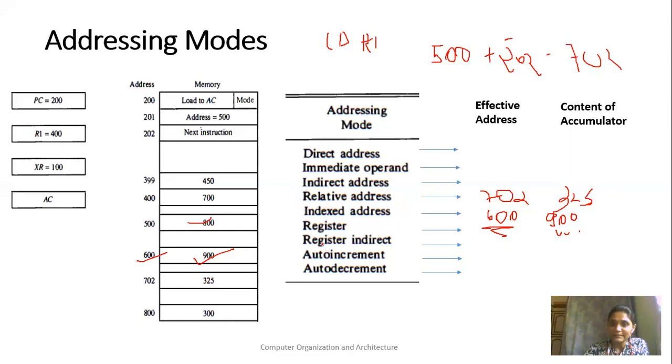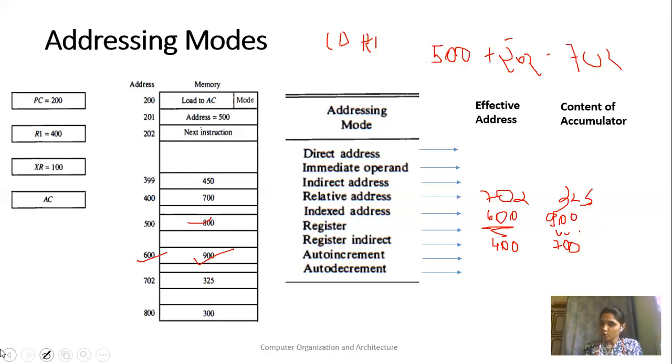Okay, and in register indirect addressing mode, this content of R1 will become address. That means your effective address will be 400, and then the content of this 400 memory location is going to be stored into accumulator. What is the content of 400 memory location? That is 700. That is going to be stored into accumulator.